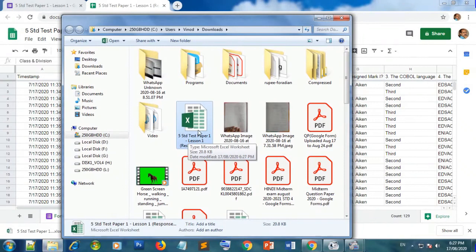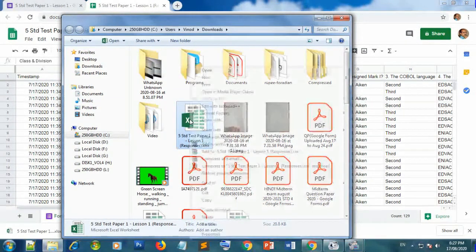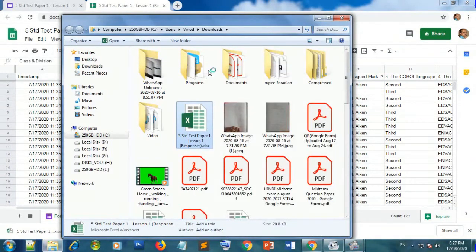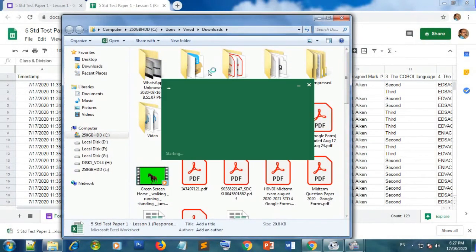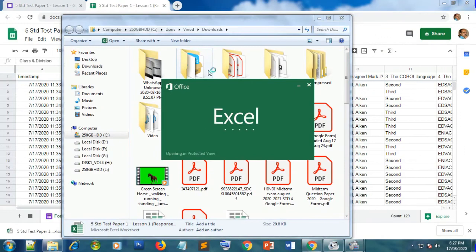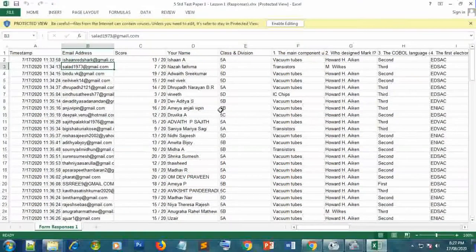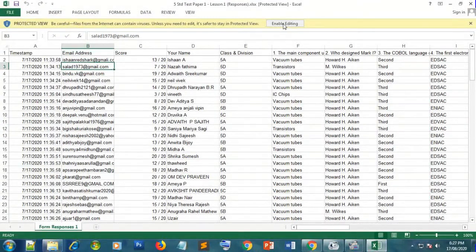Then just open that file. It may be in protected view, so you need to enable editing, then only all the options will be available.